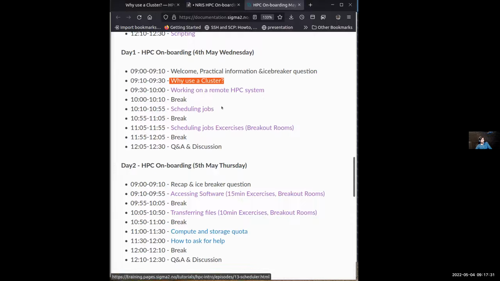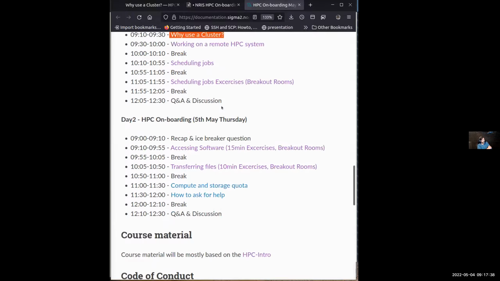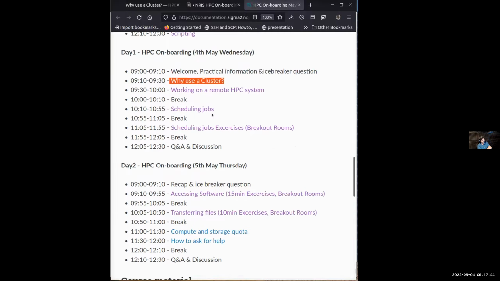Then after a small break, we'll talk about something very interesting called a scheduler. So Radovan, after that, we have a break and some long exercises planned. But during this session, we will most probably go into a breakout room and try one of the examples in addition to this big exercise. How does that sound? Is that okay?